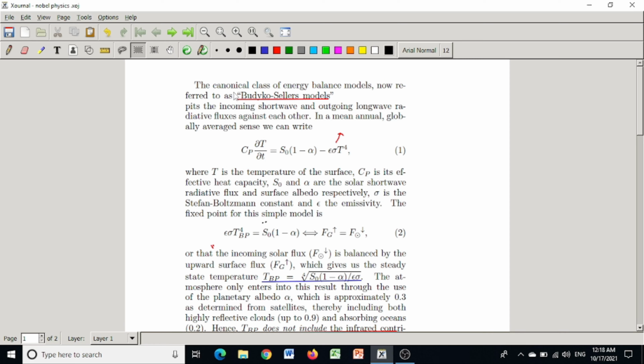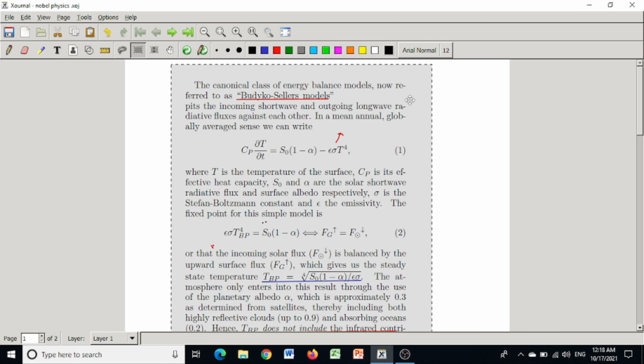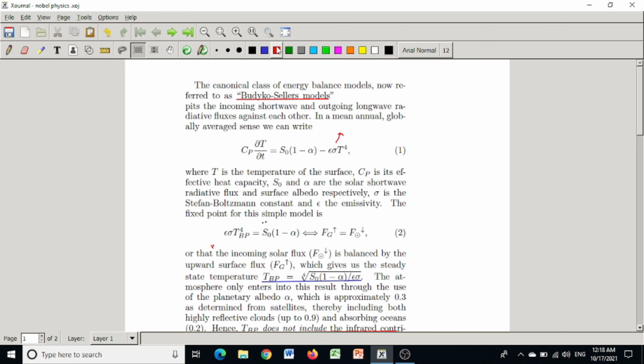In this model, it is assumed that in the globally averaged sense we can write, if T be the temperature of the surface of the Earth, then rate of change of surface temperature, dQ being Cp dT, where Cp is the effective heat capacity,